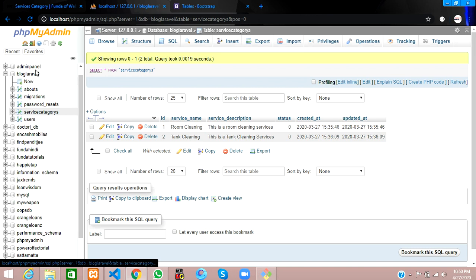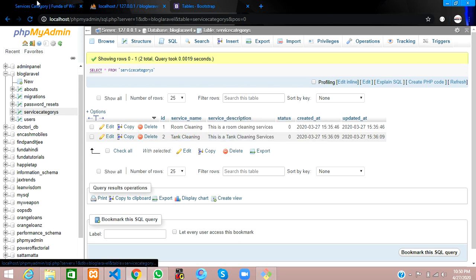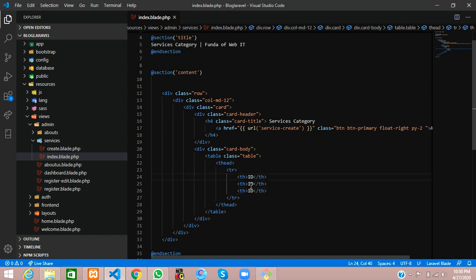If you go to our database, the service category table has service name and service description, and the status is available too. So we will call the columns name and description, and the other two will be edit and delete.